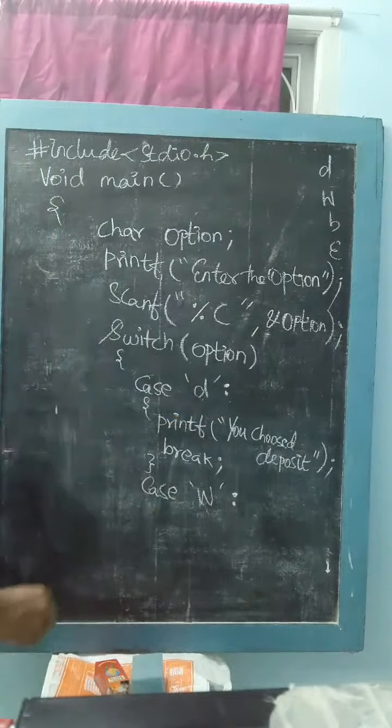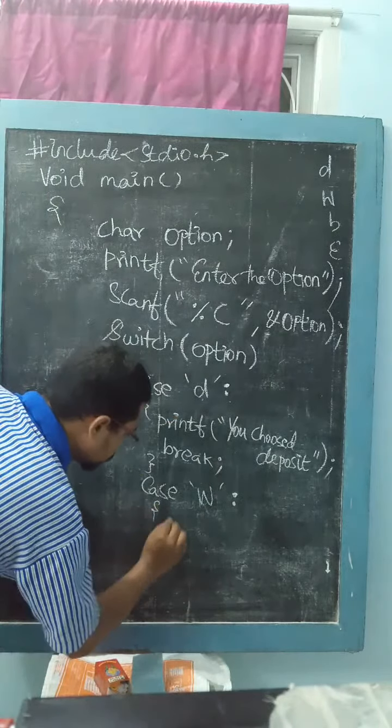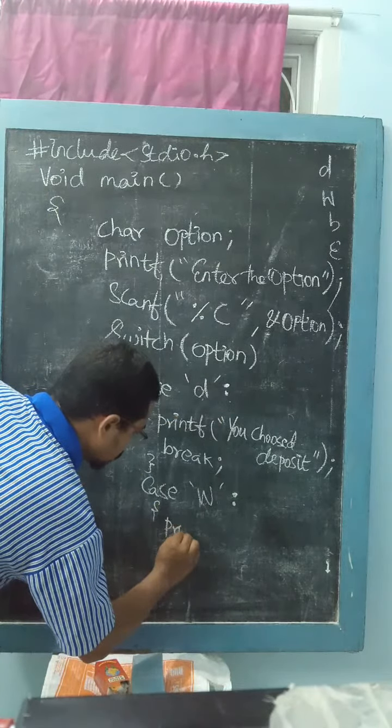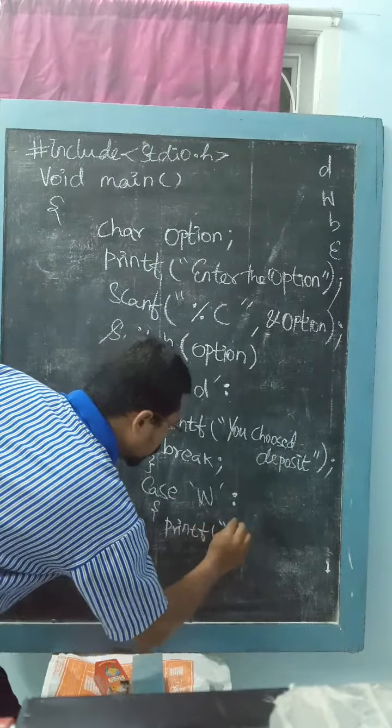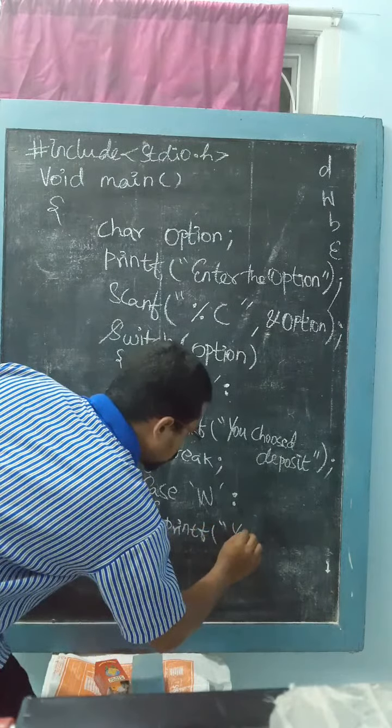Okay, fine. So printf, you choose... I choose what? W means withdraw. And then finally break. And then last,